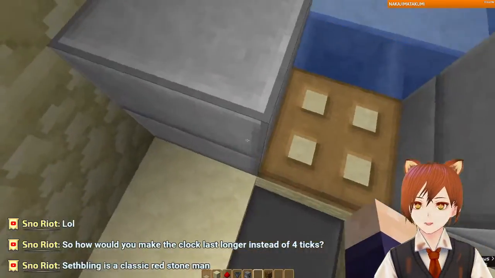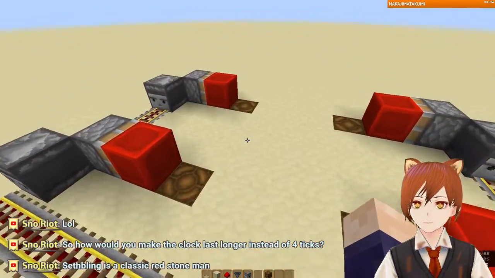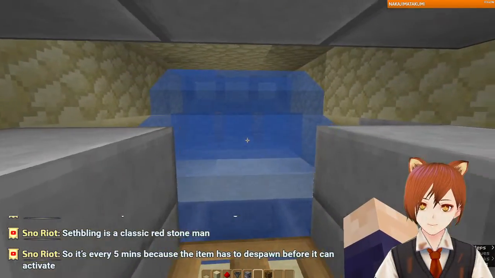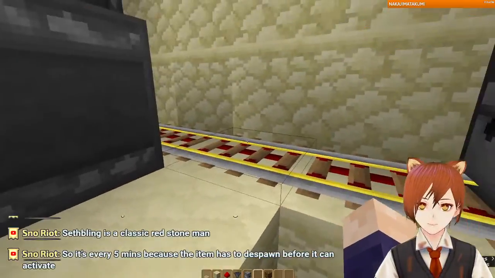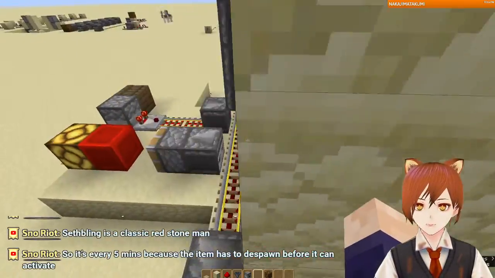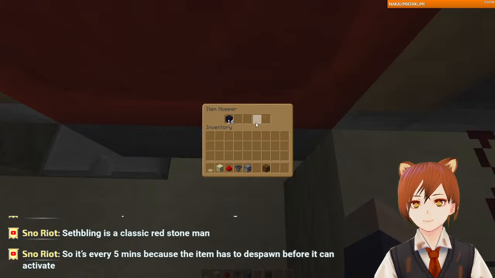Yes. So this is a very old design of mine where you hit the button here, and yeah, this is a design I built for a mob farm. It's actually much longer than 5 minutes, and that's because the hopper clock, remember, can stack up to 5 stacks of items,